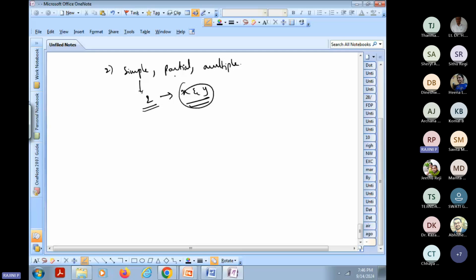And go for the partial correlation. Suppose you are having more than two variables in the data and I want to find the relation between only two variables by eliminating the effect of the other variable. For example, I want to buy one car. What I checked is what is the mileage of the car and what is the type of the car. Here these two only I'm checking. Then in that case, we apply simple correlation.